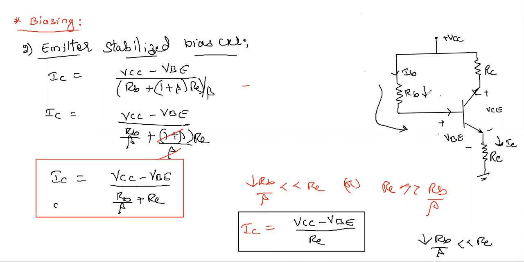But if RB is less in this circuit, an enormously large amount of IB will be flowing. So to eliminate that, we are going for the self bias circuit. Here we should make RB less to make this circuit independent of beta. But if we substitute a very small value of RB over here, there will be a chance of a large amount of IB flowing. That is not encouraging. So we should go for another circuit, called the self bias circuit. We'll see how that works.